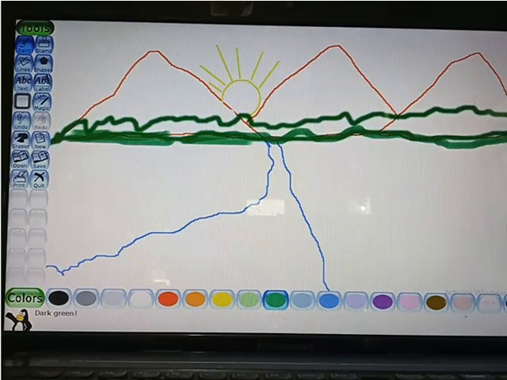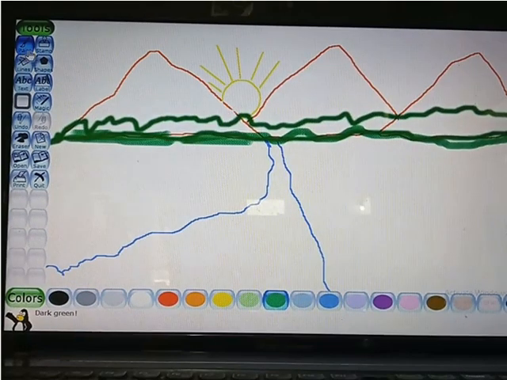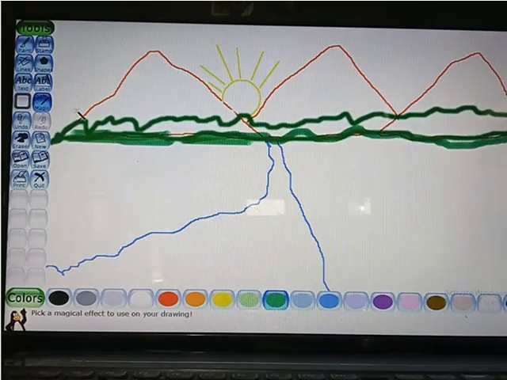Now it's time for magic. The next tool we have is the magic tool. You can see here, this is the pen and this is the magic tool. Here you have to left click, and then we come to the magic tool. You can see there are lots of sub tools under the magic tool. Whatever magic you want to draw, you can draw using that. There are lots of shapes you can find here.